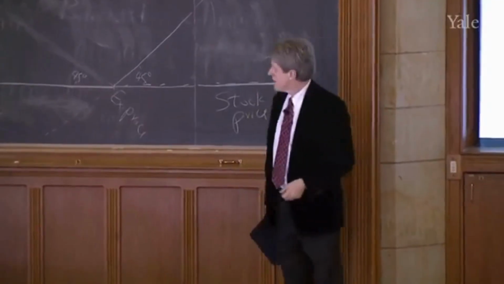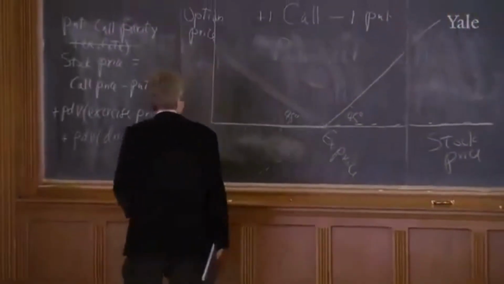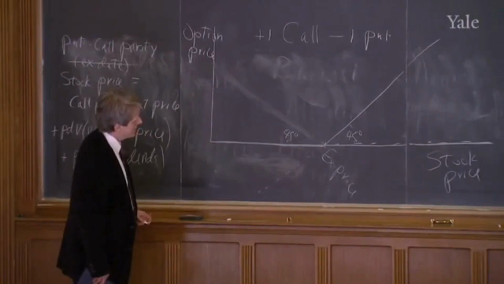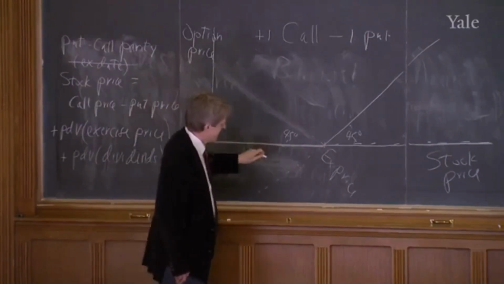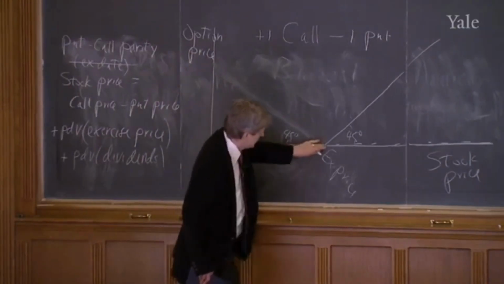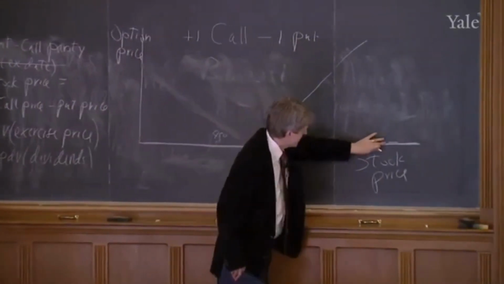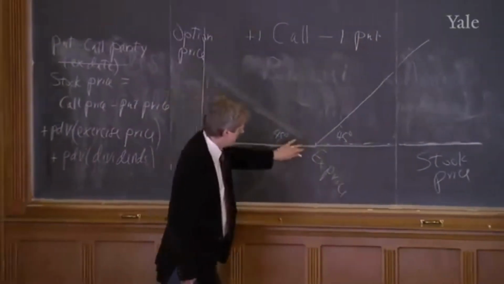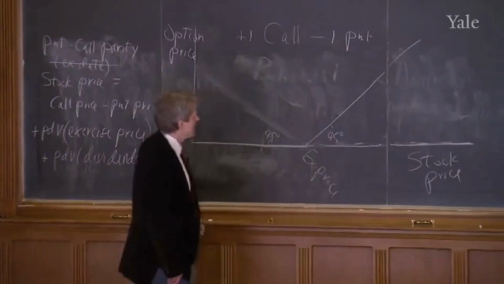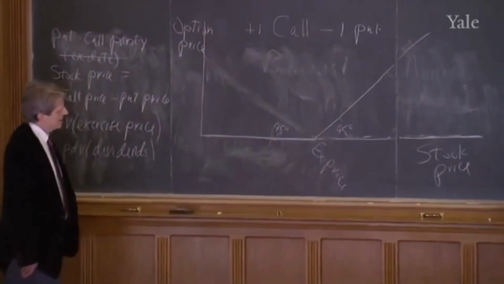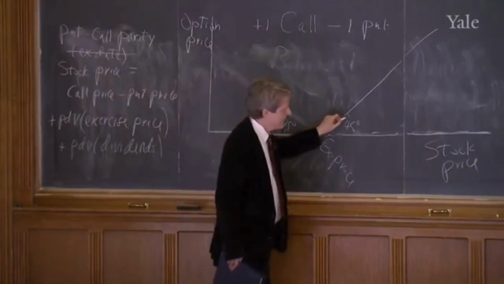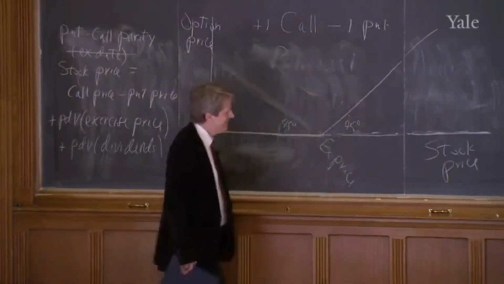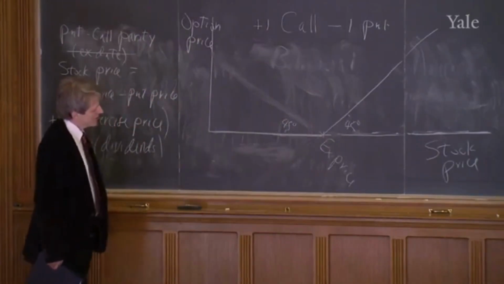So now let's think about how you would price puts. The price of a put, we know what it is on the exercise date. I'm going to forget the dashed lines. There are no dashed lines here anymore. We're just talking about call prices. So this shows the price of a call on the last day. Now, what about an earlier day?